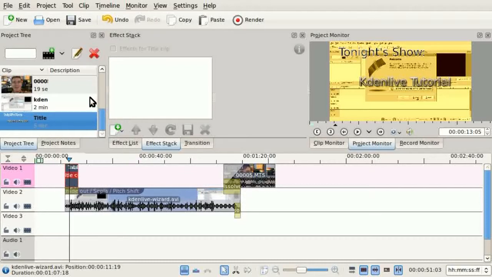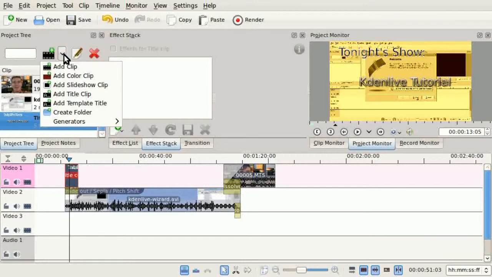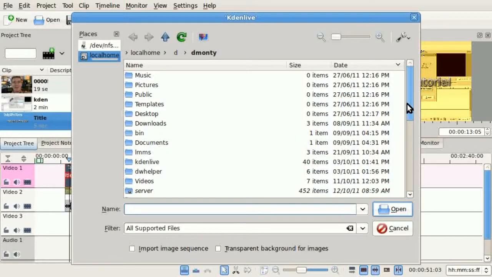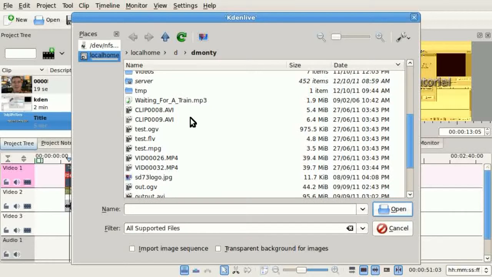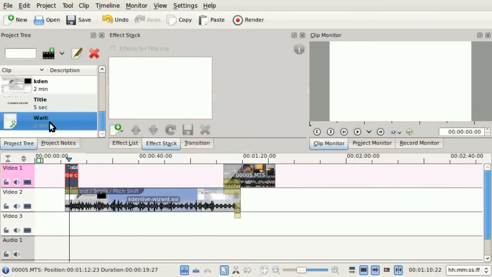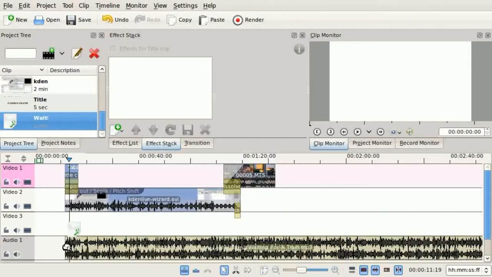Okay, so we've gone over adding clips, video clips, adding titles. Let's add some music. So it's just a regular clip again. And instead of finding a video file, we find a music file. So I had downloaded one earlier. Okay, so here's a music file now, and you've got 1, 2, 3 video tracks, and here's an audio track down here. So I'm gonna pull that down into the audio track,